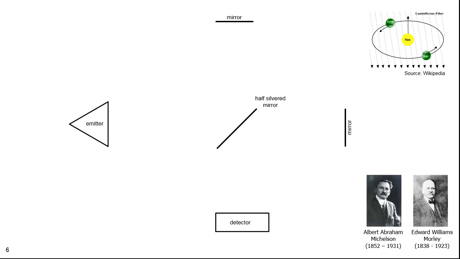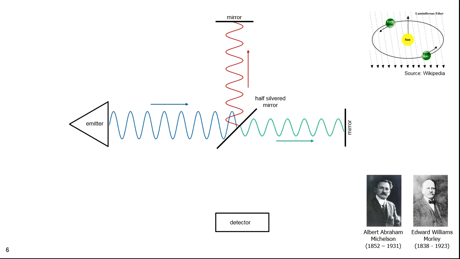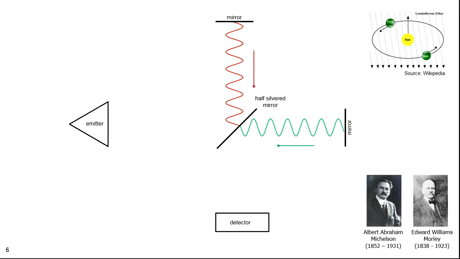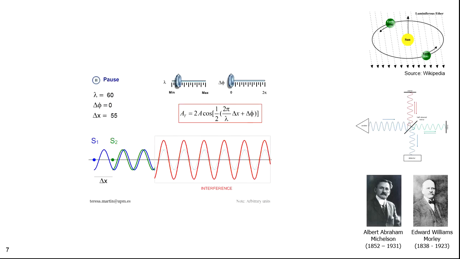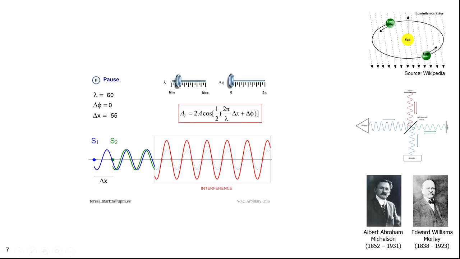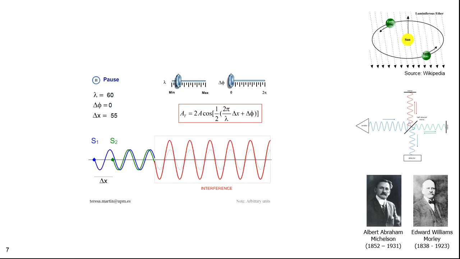Their experiment involves splitting light with half-silvered mirrors and then recombining it. This device is called an interferometer. It emits a beam of light into a half-silvered mirror that splits light into two separate beams. If there are no losses, the beam intensity of each of the two beams is half the intensity of the source. The light bounces off the mirrors and then passes through the half-silvered mirrors again. And this time, half of it is picked up by a detector. If this apparatus were in motion relative to the Earth, there would be a phase shift between the beams.